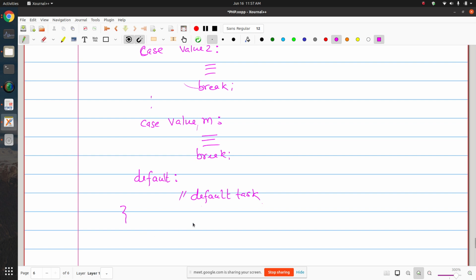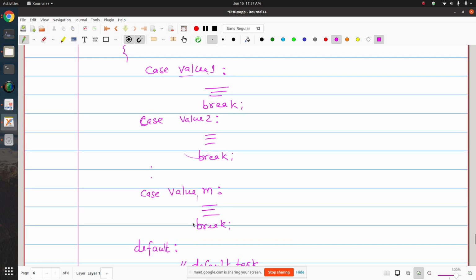Now it is important to remember, as I have already told you when we discussed JavaScript, this break statement is very important. If you forgot to put this break statement there, then what will happen? The continuous cases will be executed.